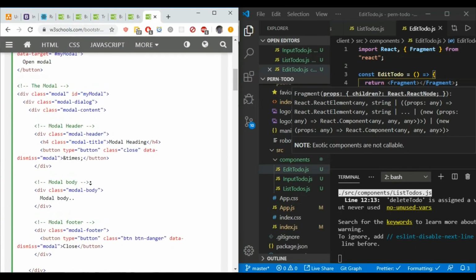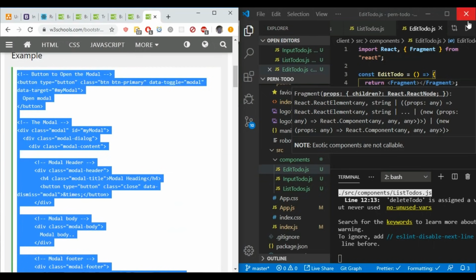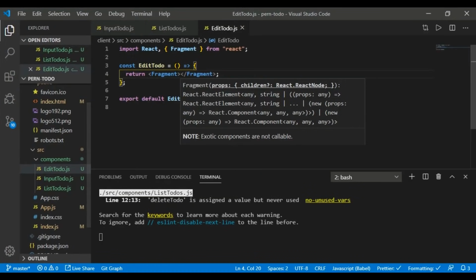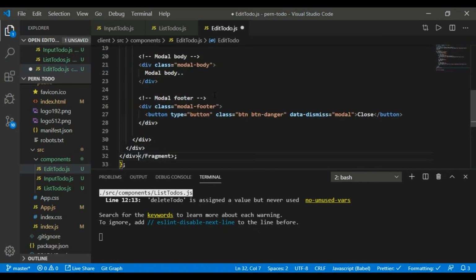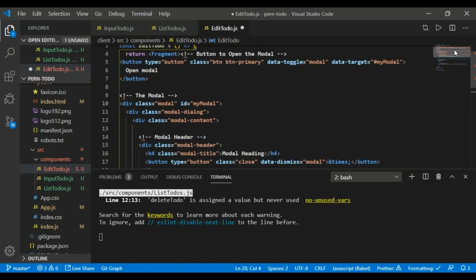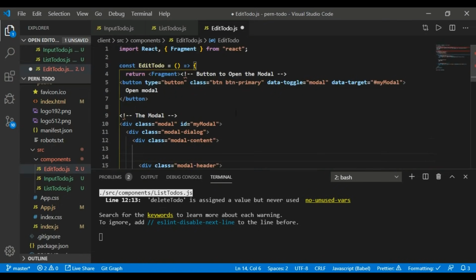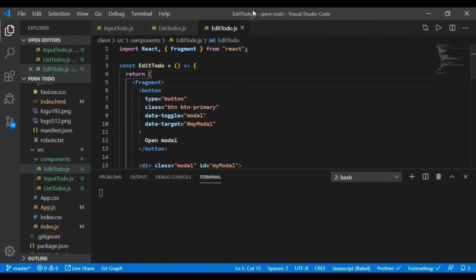So I'm going to take all of this data right here, and then I'm going to go to my edit to do, and I am going to paste it in here. And you're going to get an error, so we just get rid of all these comments. All right, modal header needs to go away too, and I think, nope, there's one more. All right, so now if I refresh this, or if I save it,